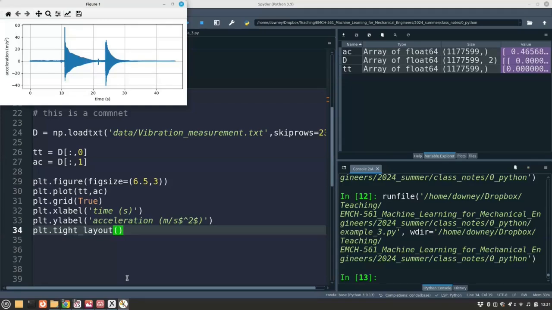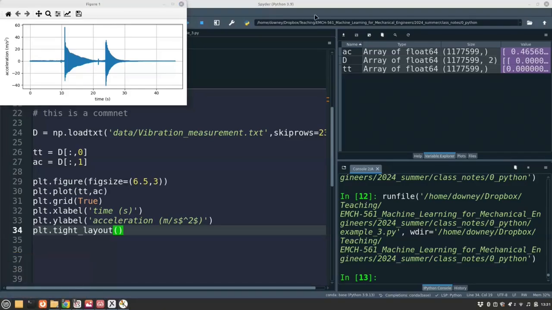Who knows what an FFT is? Who knows what the frequency domain of a signal is? A couple of people. Who's heard the term frequency? Okay, so the frequency domain will give us a way to reproduce our time series data in the frequency domain. I want to do an FFT of this. How can I do an FFT of a signal without using ChatGPT? Think about the old days when you just had Google, right? So if I want to do an FFT, I might go to Google,